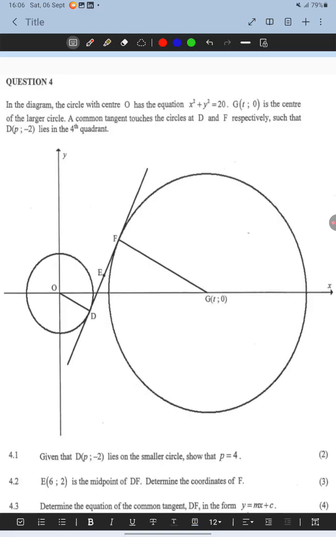So in the diagram, the circle with center O is the equation of